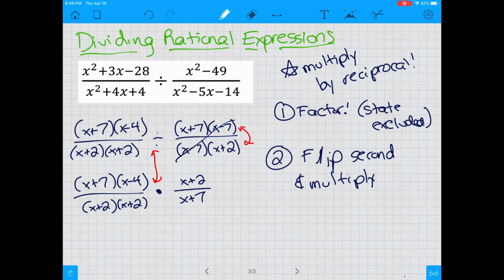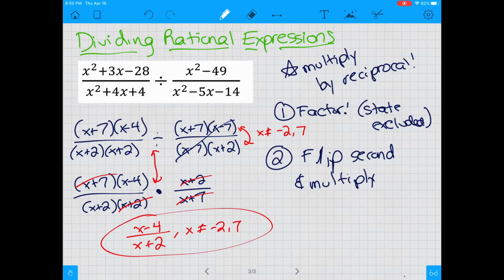And now the steps follow exactly the same. I'm going to cancel what I can, so I know one of the x plus 2's go away. I know the x plus 7 goes away. If I was smart, at this step, I would have said x can't be -2 or 7, all right, because that's going to come forward. So my final answer here is just x minus 4 over x plus 2